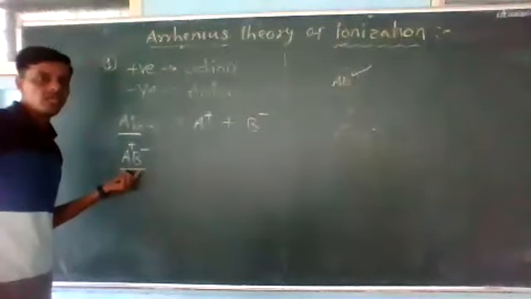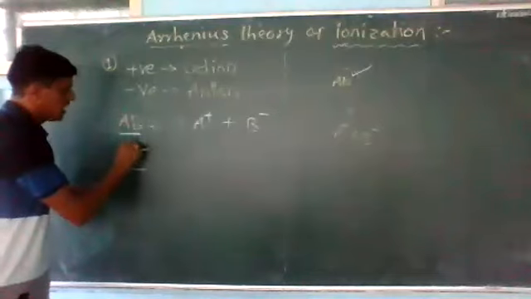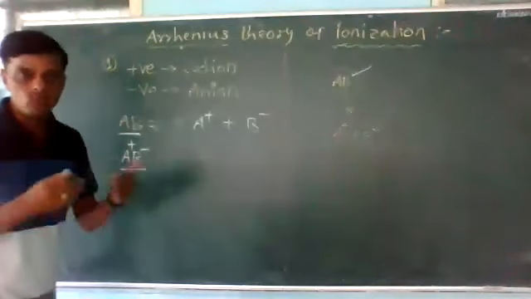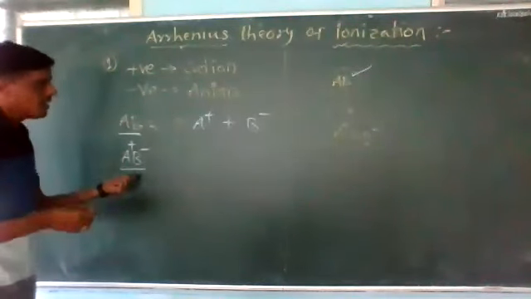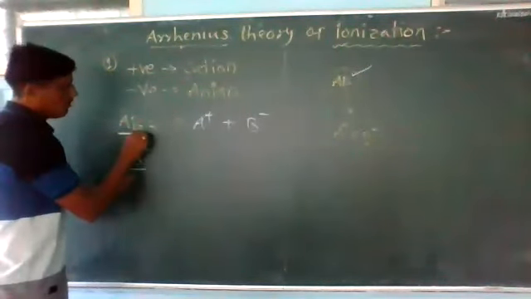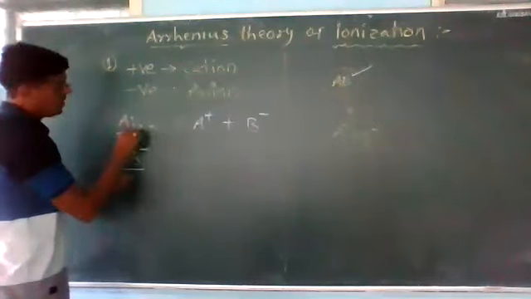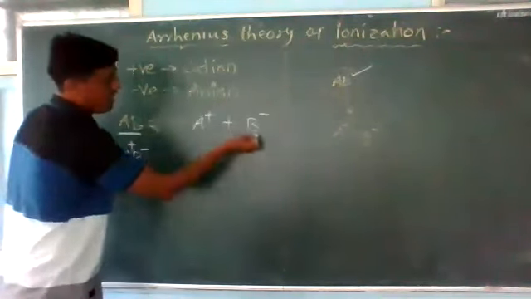Though it is neutral, since the positively and negatively charged ions are equal in number, the electrolyte is said to be neutral. But in the old theory, it was suggested that only upon dissolution does it produce ions, but